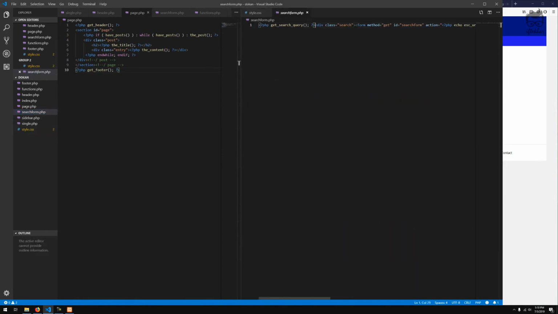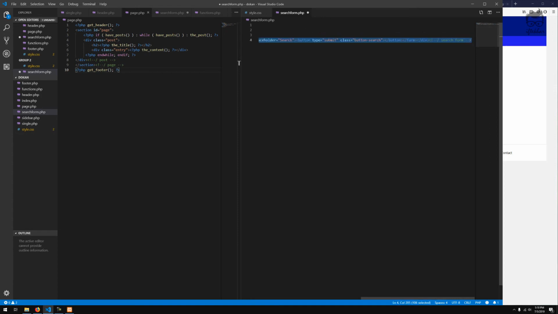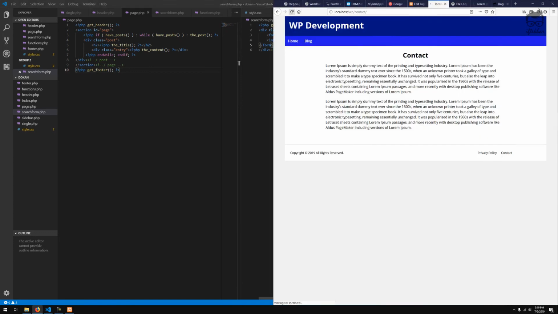Okay, form method. There is not much going on here, but I thought there should be a template for the search form, if I'm not wrong. Okay, this is pretty much all you have, and if you refresh it, you should be able to see the search box in here. Okay, if you write hello,